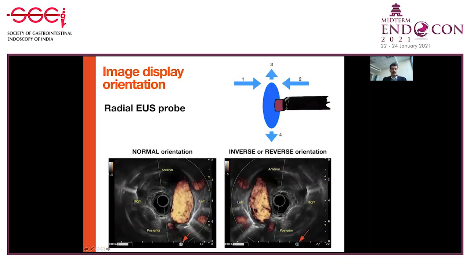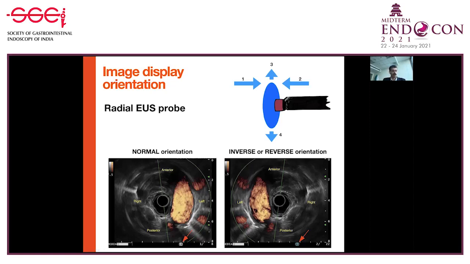Now, if I show you the radial US imaging, normally in the upper GI tract, you image the patient in the normal orientation. The normal orientation corresponds to the CT scan imaging, which I have just shown you. And note that the aortic arch in this transthoracic study is depicted to the left side, similar to the CT orientation. And this is a marker which shows you that it is a normal and not a reverse orientation. This is the inverse or the reverse orientation, which is seldom used in the upper GI tract.